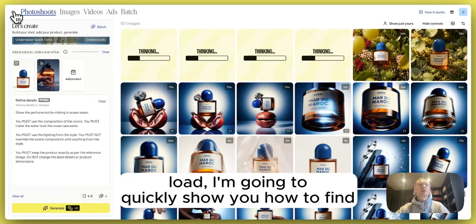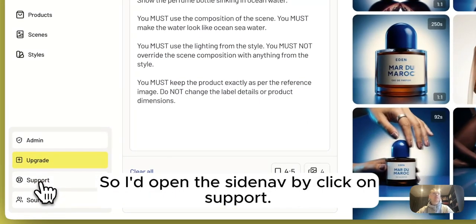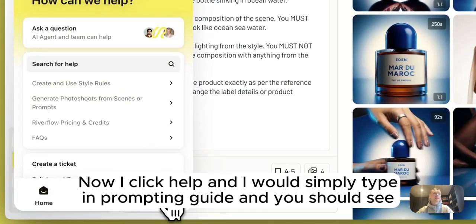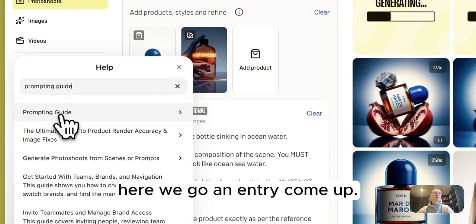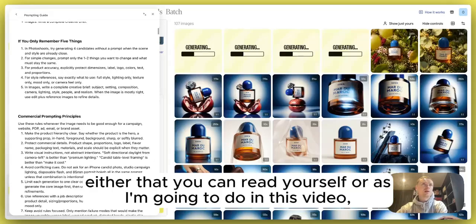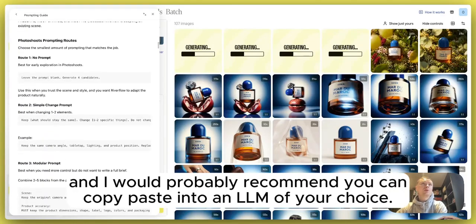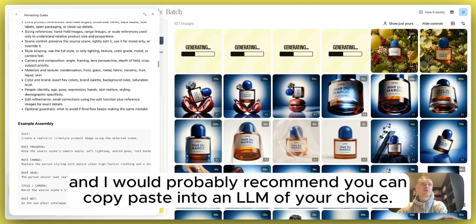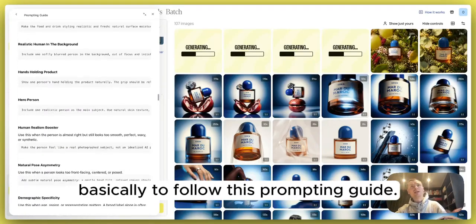While we're waiting for those to load, I'm going to quickly show you how to find the prompting guide within Riverflow. So I'd open the side menu by clicking on support. Now I'd click help, and I would simply type in prompting guide, and you should see, here we go, an entry come up. And here is a very detailed prompting guide, either that you can read yourself, or as I'm going to do in this video, and I would probably recommend, you can copy paste into an LLM of your choice. So in this video, I'm going to use Claude and ask the LLM basically to